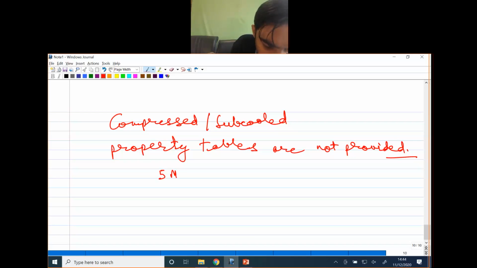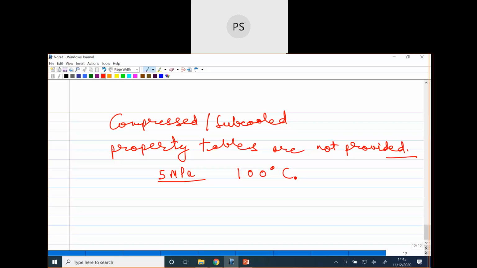For the compressed state, I am referring to a pressure of 5 megapascals and a temperature of 100 degrees Celsius. Now for this situation, if I refer to the compressed state table on page number 924,